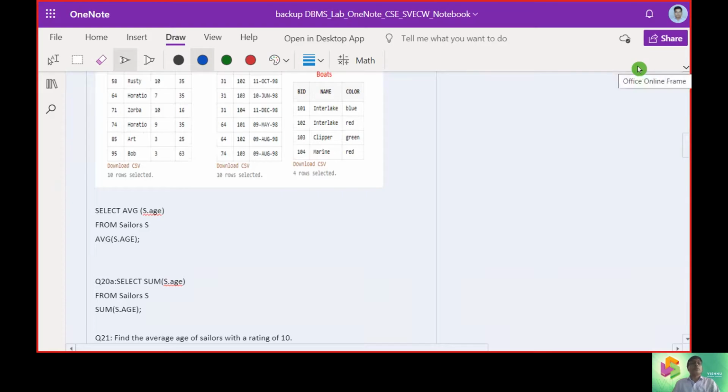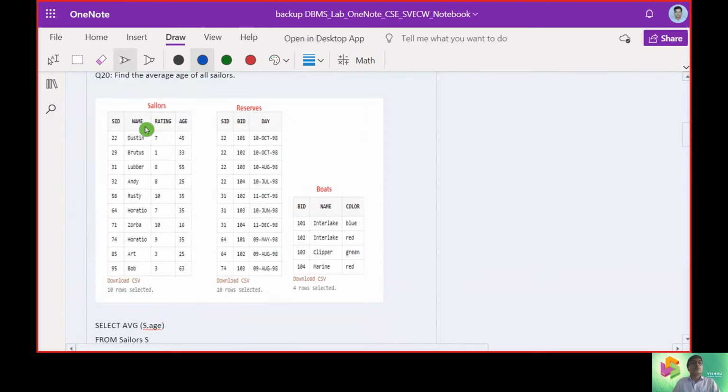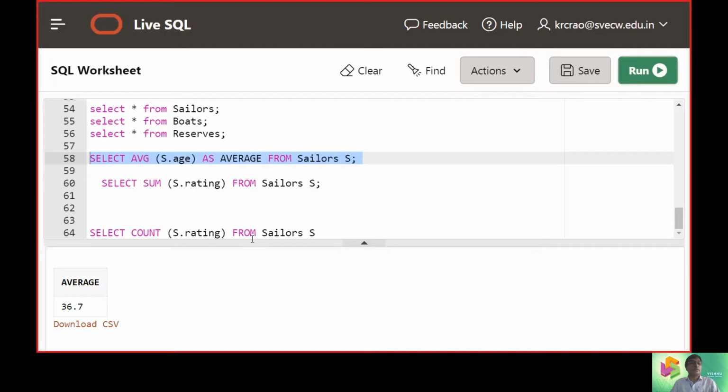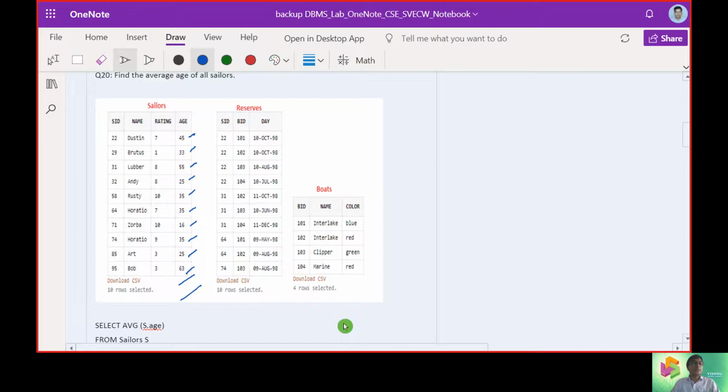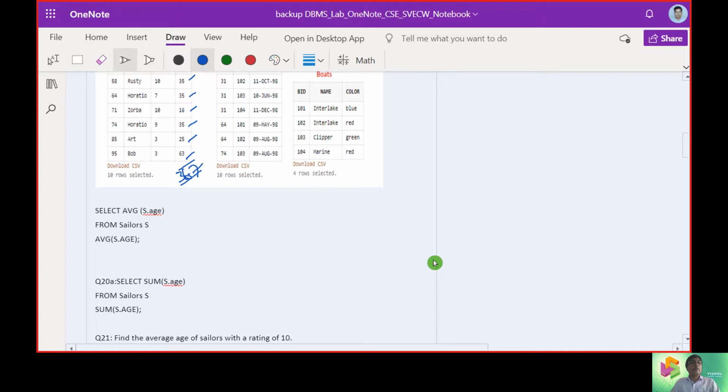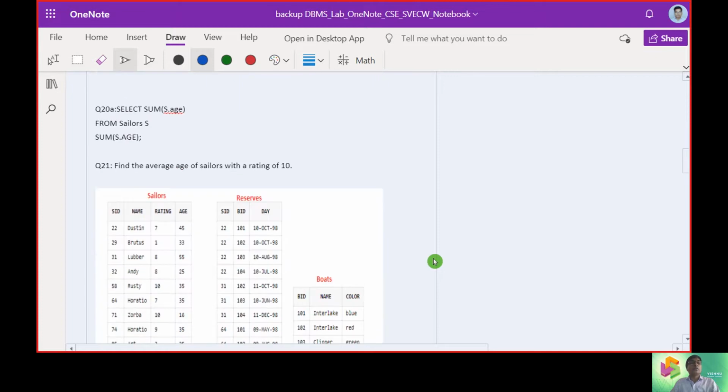The ages were 45, 33, 53, 25, 35, 35, 16, 35, 25, and 63. We get the total value and then find the average, which is 36.7. So 36.7 years is the average age of the sailors here.